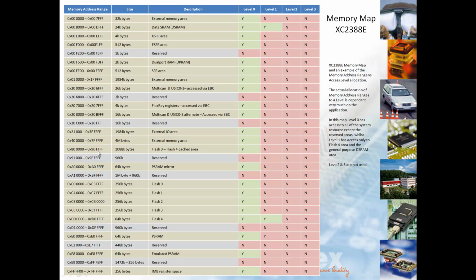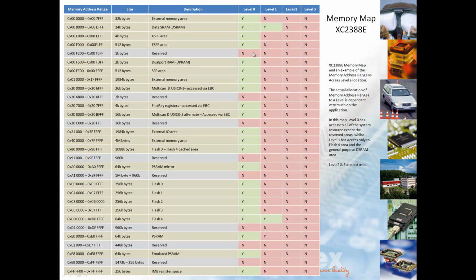80000 to 90FFFF. And obviously, if you're looking at execute permissions, it's important that if you think that you're executing there, say flashbank 1, that if the cache is in operation, you also provide execute permission for the cache area as well. So in this case, I've tried to set out an arrangement where level 0 has access to all of